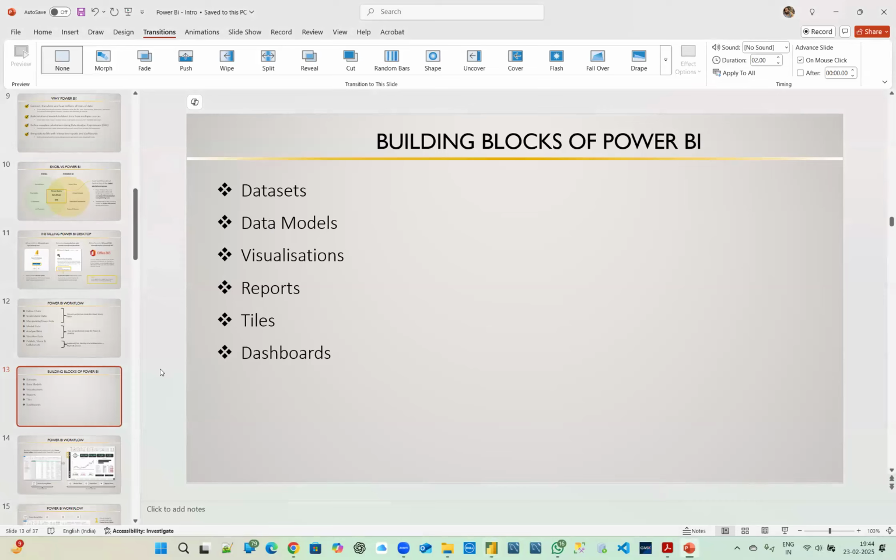as far as the building blocks of Power BI are concerned, we have data sets, data models, visualizations, reports, tiles, and dashboards. So what are all these things? A data set is the data you are extracting from the database, which we will be analyzing. Data model